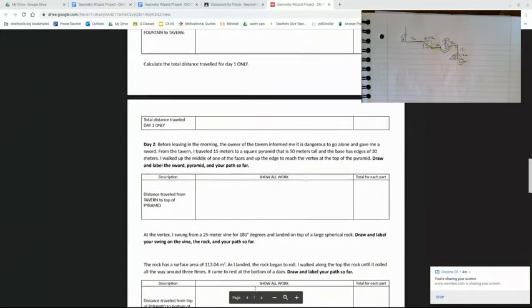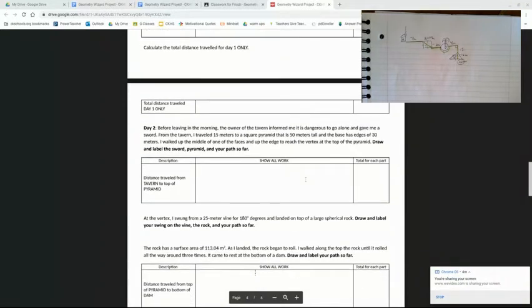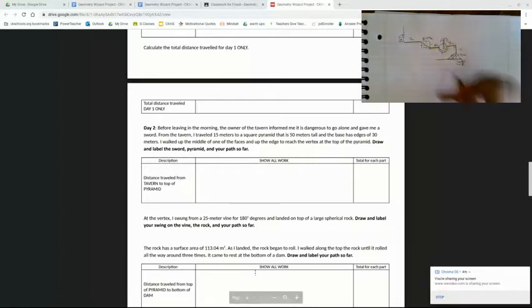All right, day 2. Before leaving, the owner of the tavern informed me it's dangerous to go alone and gave me a sword. So there's my little, I don't know, sword thing, sort of. I travel 15 meters. So here's my 15 meters to